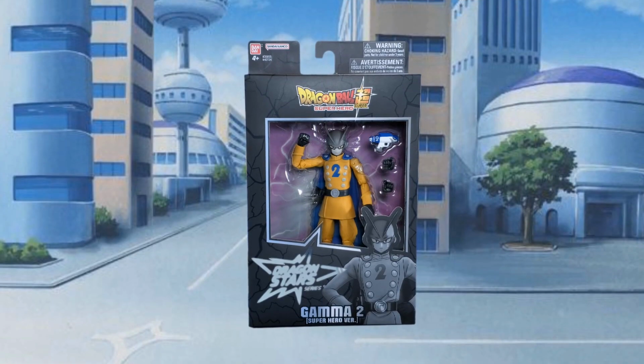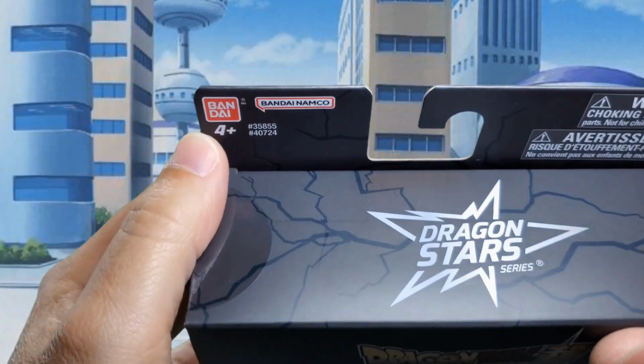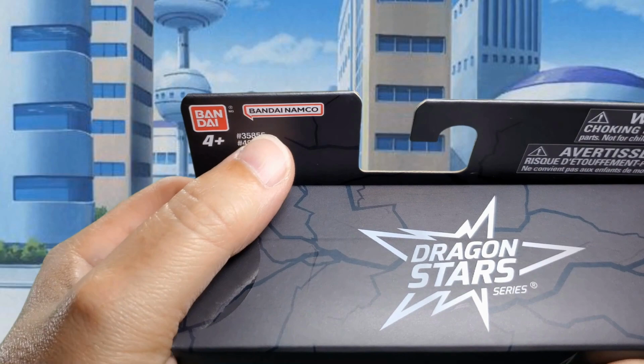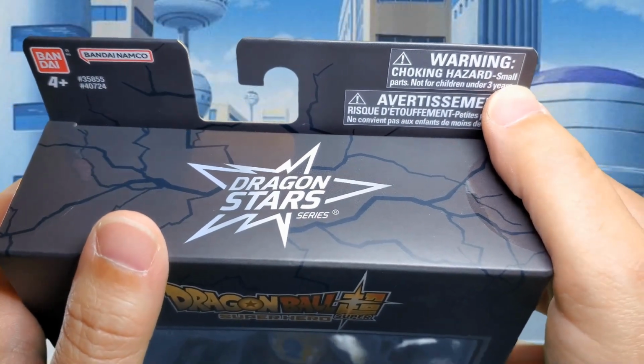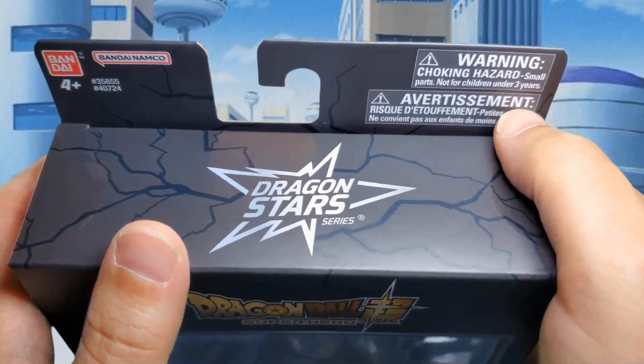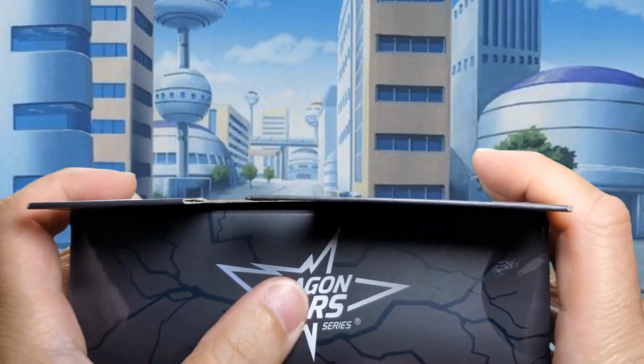Let's begin with a look at the packaging. And here on the top we have Bandai 4-and-up assortment numbers, Bandai Namco. Warning, don't stick things in your pie hole that do not belong there. Warning, don't stick things in your French pie hole either. Dragon Star series and that